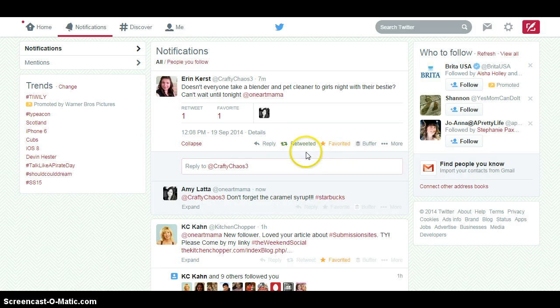So those are the two things that you need to be able to do in order to enter the giveaways. You need to retweet and reply. Pretty simple, right? If for some reason you can't find the tweets that you're looking for, here's a good way